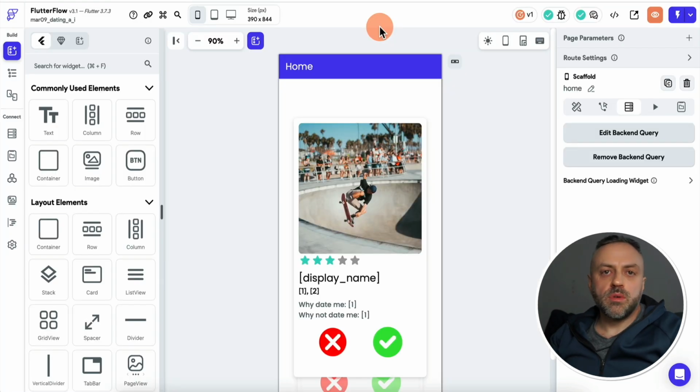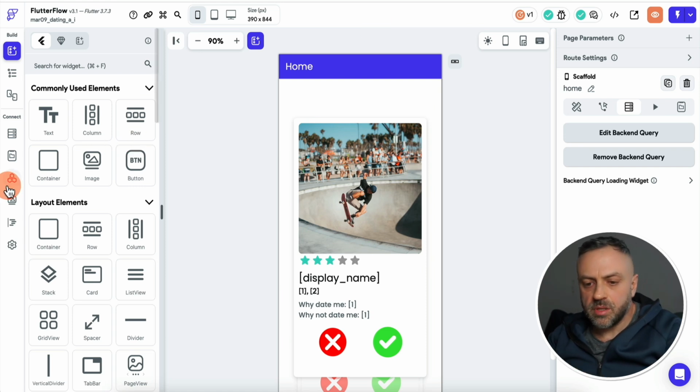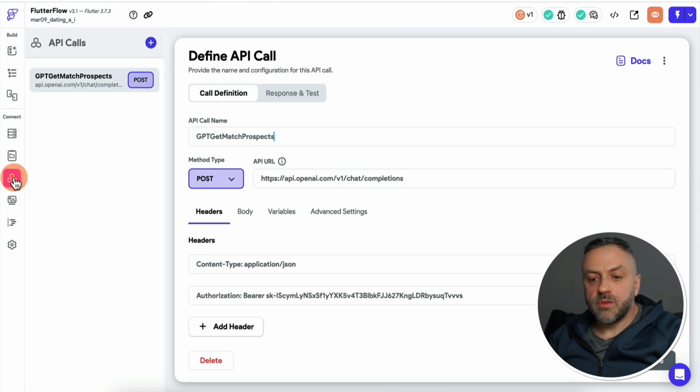All right, so now that we looked at the database and the schemas and all that, let me quickly show you how the API is set up, because that is really the heart of the app. If we head over to this API tab here, we only have one call here: GPT get match prospects. And we are using this URL. This is all in the